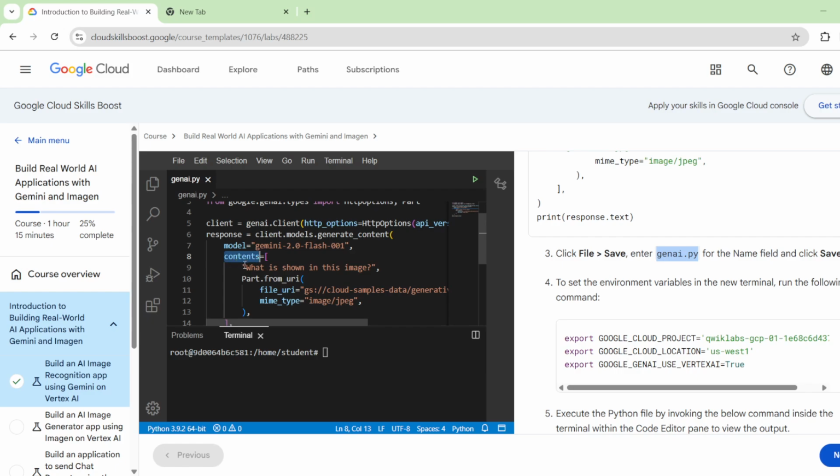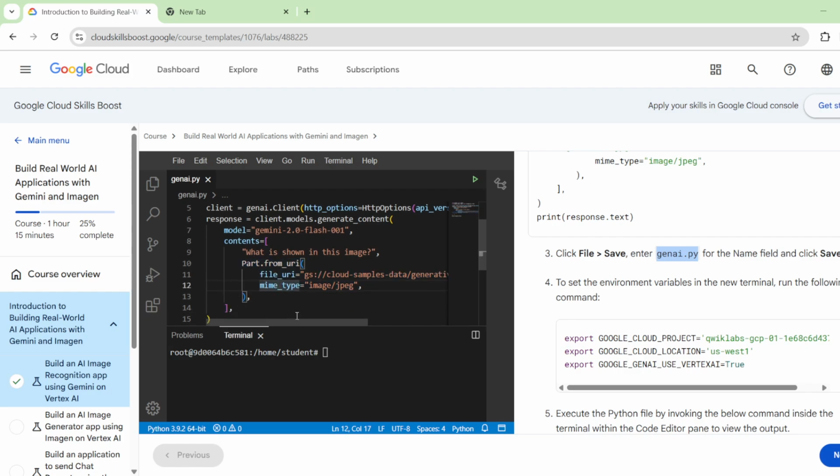Now here there are two types of things in contents or prompt, that is what is shown in the image: text, and this part, from URI. This part, as I told you, will be there whenever we deal with images from a URI, that is, I'm passing the link to a file, a URL to a file, and by mime type I'm telling what type of media to expect. Once this is saved,